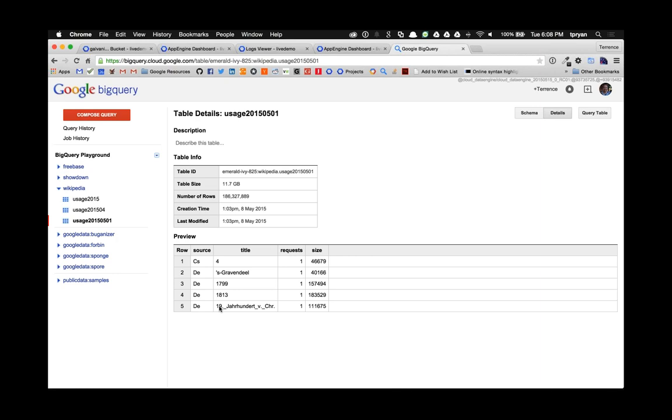So for example, the German version of 1799 got one request in an hour. Maybe it got one request each hour, and so add it all up, it comes to 24. Basically, all of these log files are separate, and you can pull them down, and this is what the data looks like. The usage for this is May 1st, 2015, and the table size is 11.7 gigs, and the number of rows is